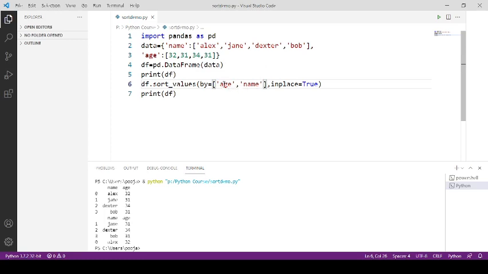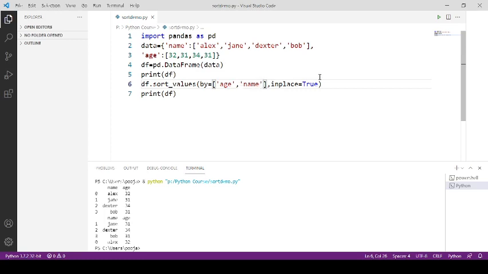So when we pass multiple columns to this parameter, it sorts the data based on the first column, and when values of this first column are the same, it will sort data based on this second column.